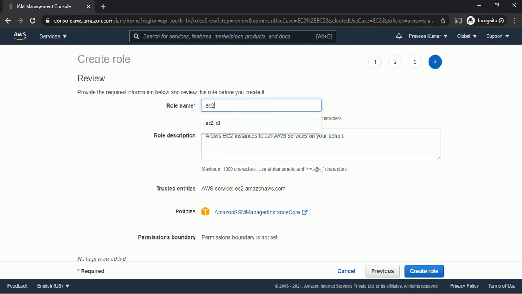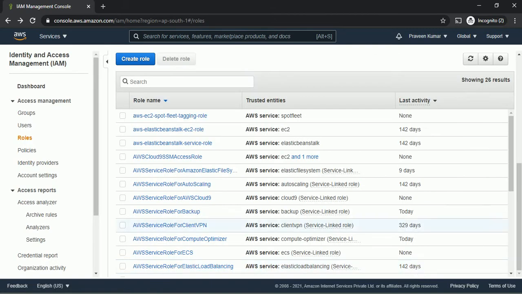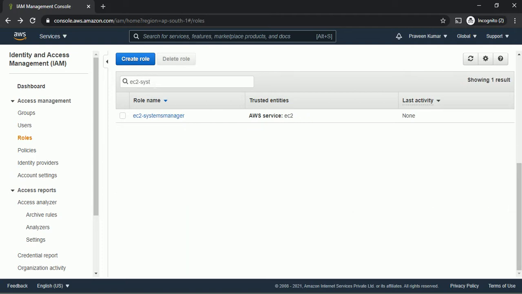I'm giving EC2 to Systems Manager. Click on create role. So the role has been created. You can check, EC2 Systems Manager. Yes, this is my role.